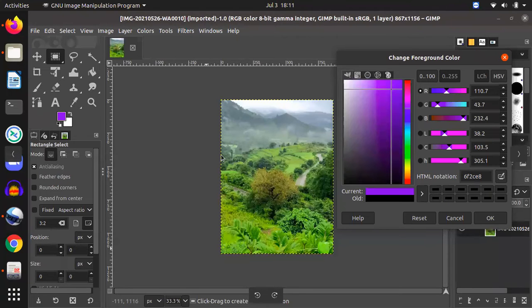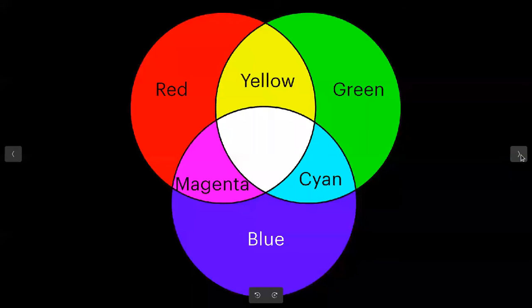So what was the objective? In this photo, we want to increase the amount of green. Either we can directly add the color green to this image, or we can select the exactly opposite or complementary color, which is magenta in this case, and reduce the magenta here. With this slider, we can just decrease the amount of magenta, which in turn will increase the green in the photo, right? So this is the way we can do it.